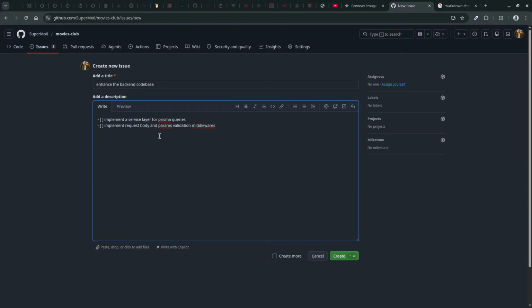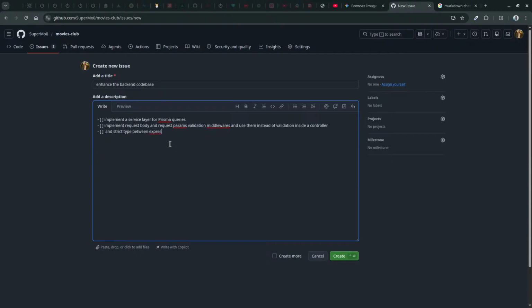Implement request body and request validation middlewares, used instead of validating inside.